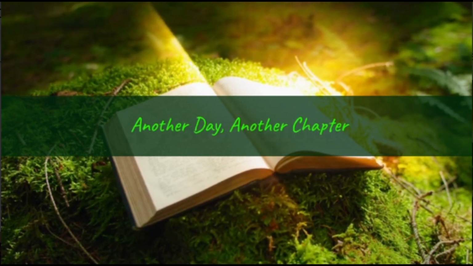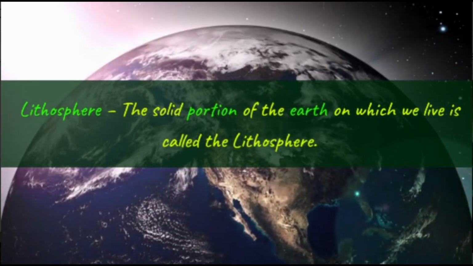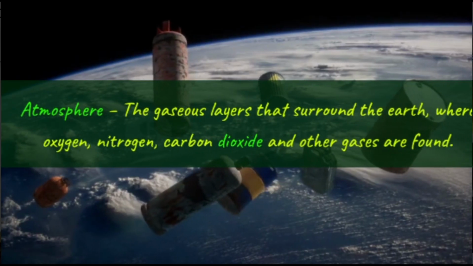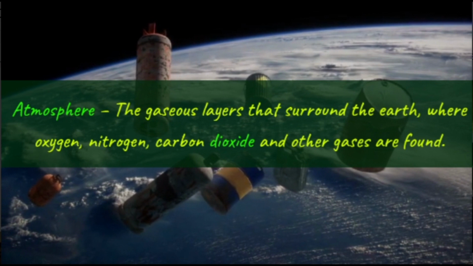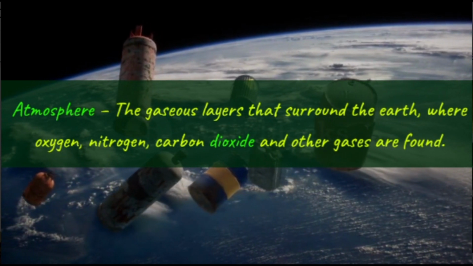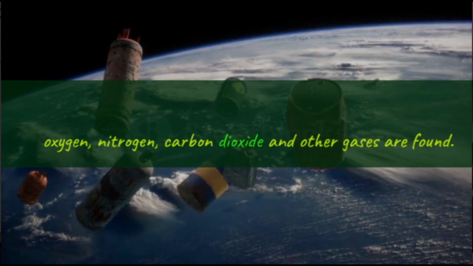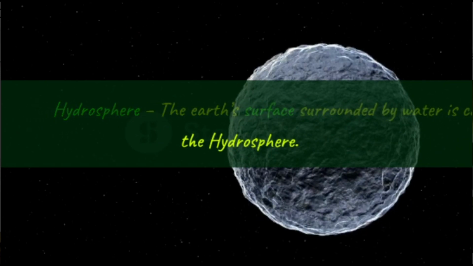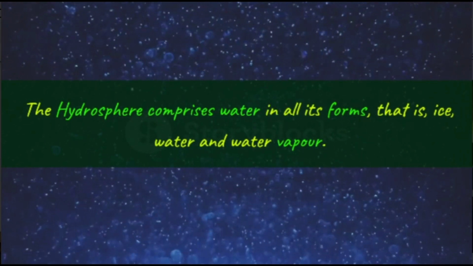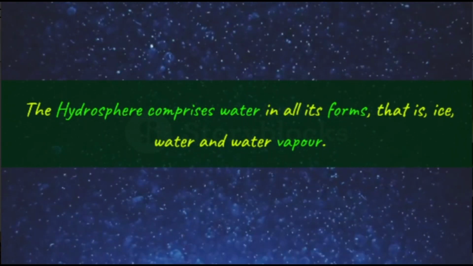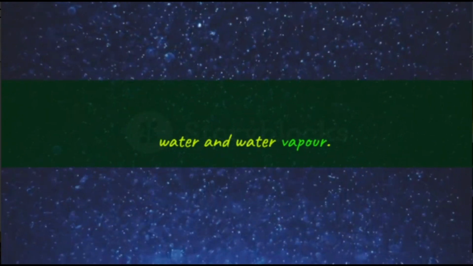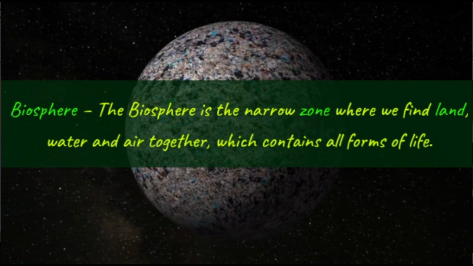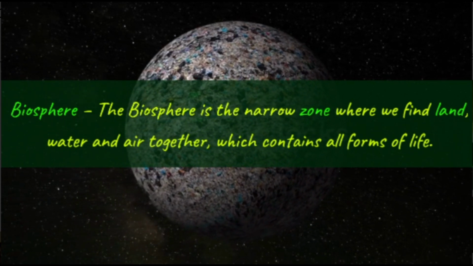Another day, another chapter. Lithosphere: the solid portion of the Earth on which we live is called the lithosphere. Atmosphere: the gaseous layers that surround the Earth, where oxygen, nitrogen, carbon dioxide and other gases are found. Hydrosphere: the Earth's surface surrounded by water is called the hydrosphere. The hydrosphere comprises water in all its forms, that is, ice, water and water vapor. Biosphere: the biosphere is the narrow zone where we find land, water and air together, which contains all forms of